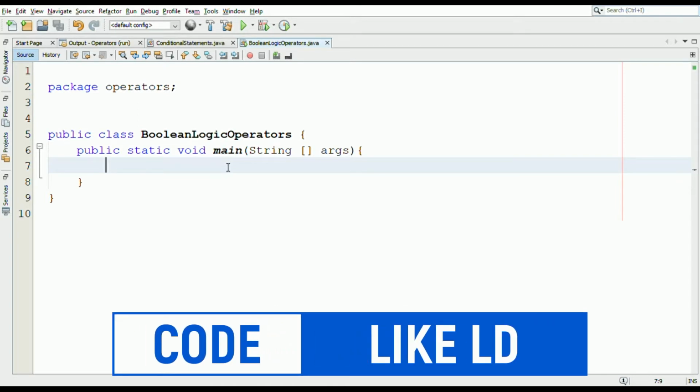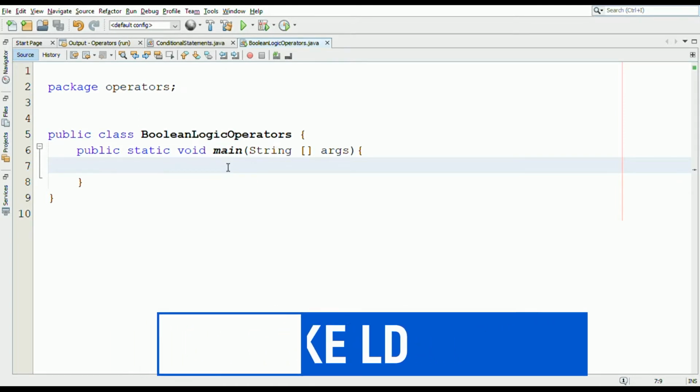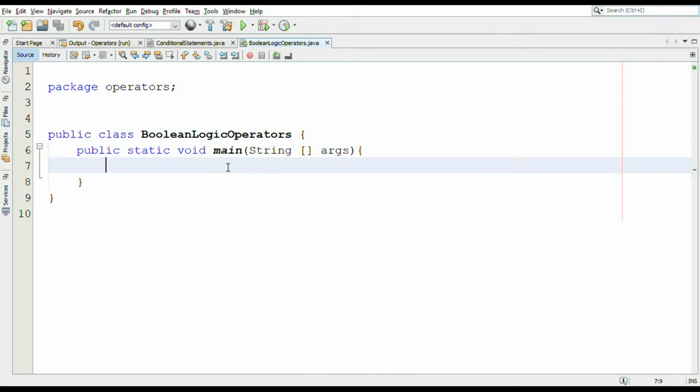So ngayon ay magkakaroon na naman tayo ng panibagong tutorial at ang topic natin for today is Boolean logic operators. Kung napanood nyo na ang aking first video about operators at ang aking second video about the relational operators, then magiging mas exciting dahil magagamit mo na yung dalawang operators na yun plus matututukan ka pa ng lesson ko about